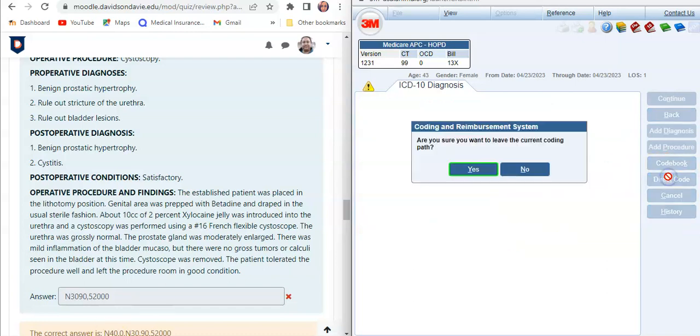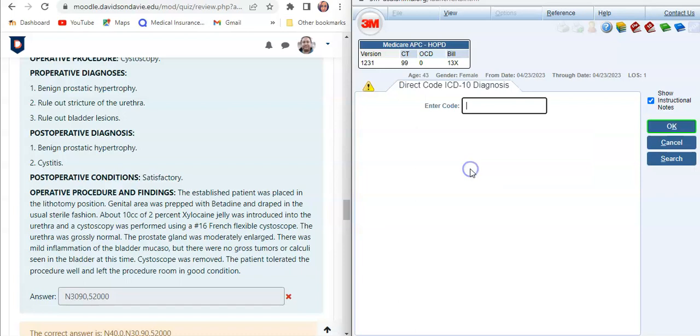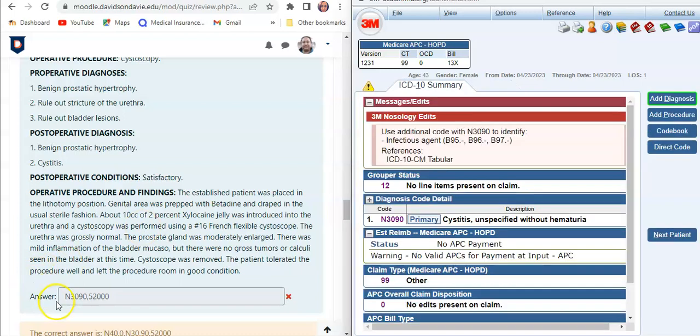Now, if I try to put that code in there, do you want to move current coding path? Sure. N40.0. And it's not found. Awesome. Well, I don't know. There's your magical correct code. How it was found, I do not know. So, on to the next one. Now, the next one is correct. It is the one that I